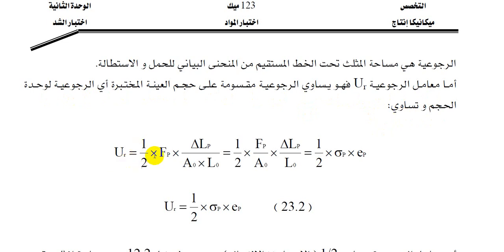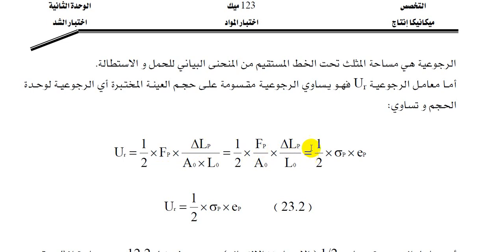U equals 1/2 times FP. FP is the force or load applied at the proportionality limit, times delta LP, the extension at the proportionality limit. So U equals 1/2 times FP, the load at the proportionality limit, or the force applied axially corresponding to the proportionality limit, times the extension or elongation corresponding to the proportionality limit in the same instance,